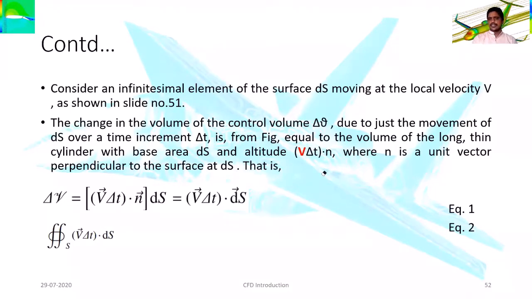Right. So talking about the previous one, what we have done is we have taken a small elemental surface and tracked it in the direction of V. We have made a moving control volume from the surface, with a change in the volume of delta V, because it's a small infinitesimal fluid element. When we are moving it, that will form only the control volume of delta V, which has formed a thin cylinder-like structure when we are moving along that one.